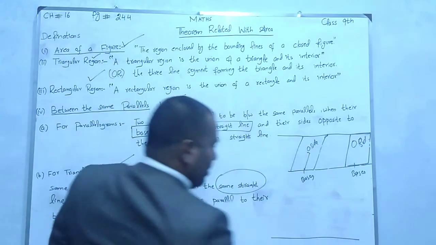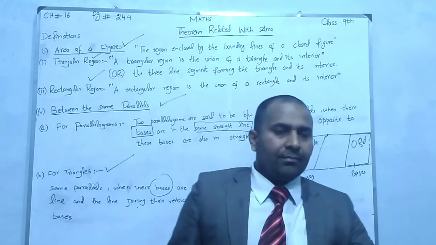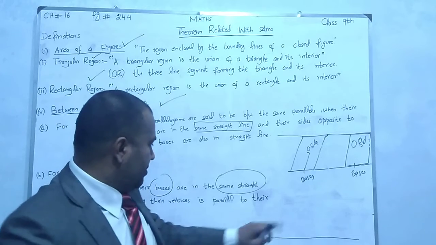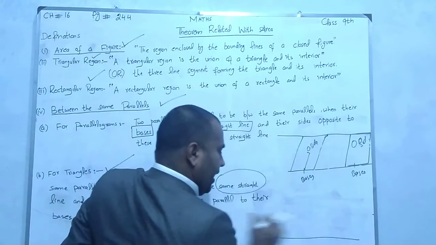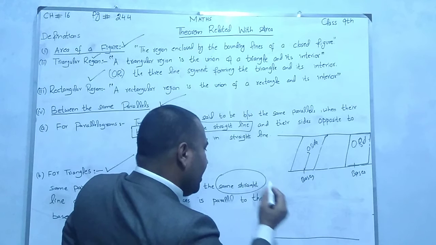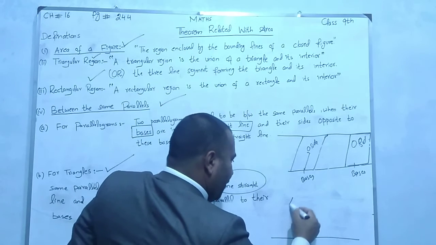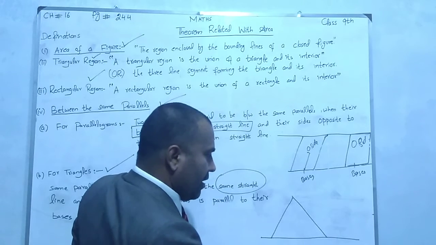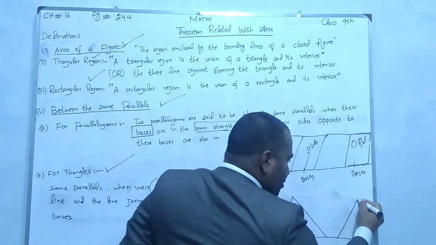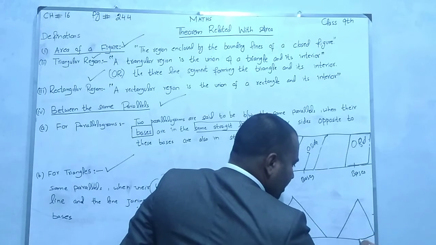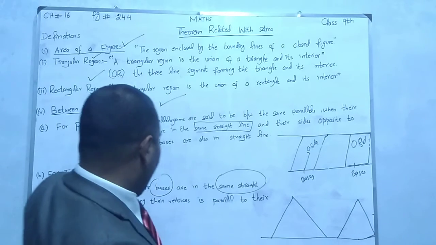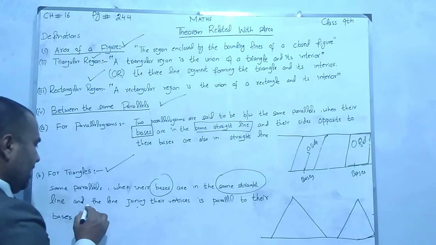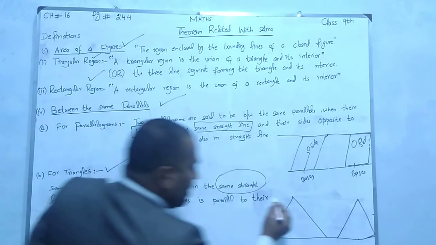This is your straight line, okay, and if I draw one triangle here, and another triangle also here like this, this is the first part. Come to the second: and the line joining their vertices, the line